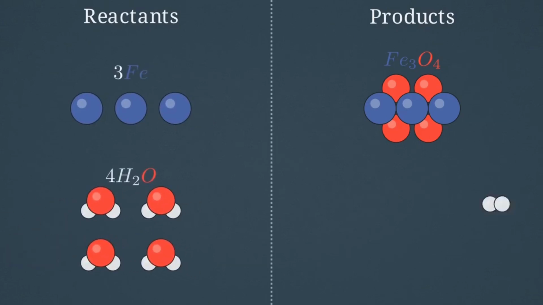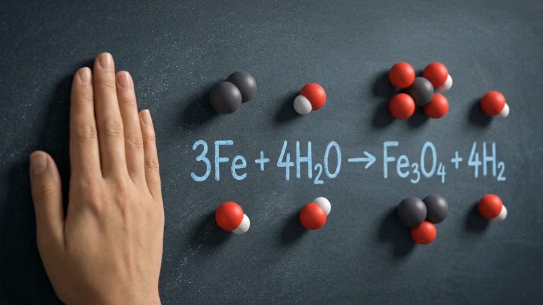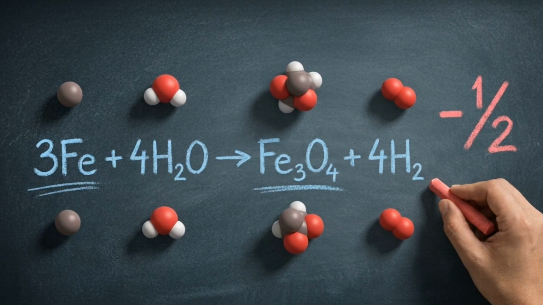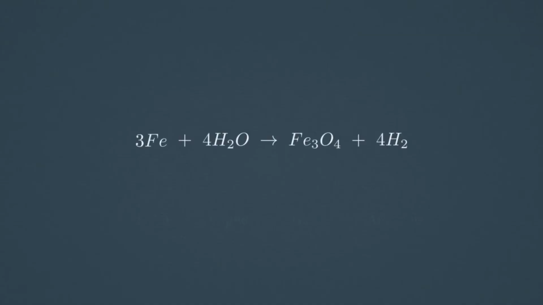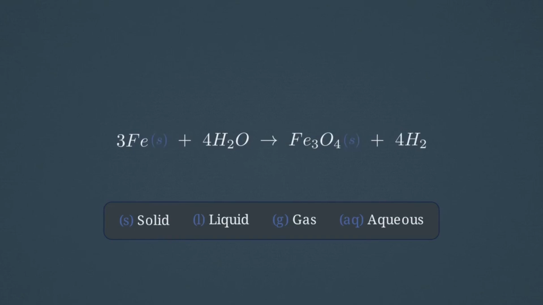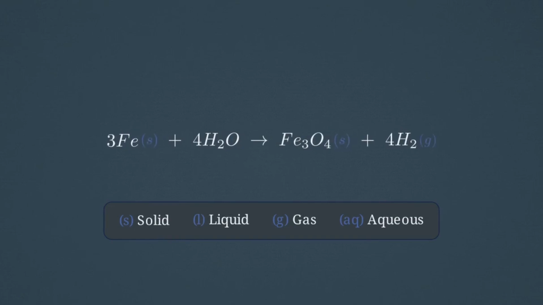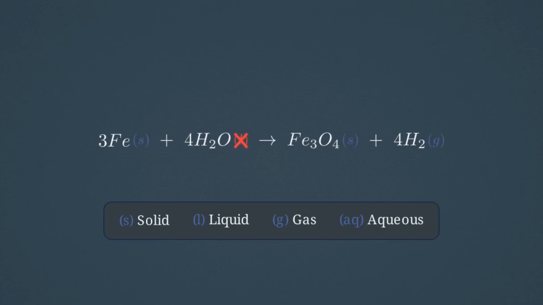By prioritizing the heaviest clusters first, you force the rest of the equation into alignment. Even with the correct numbers, submitting this answer on your exam would still result in the loss of half a mark. You must add labels for physical states: solid, liquid, gas, or aqueous. Iron and iron oxide are solids. Hydrogen is a gas. Watch out, iron only reacts with steam, so the state symbol for water must be a